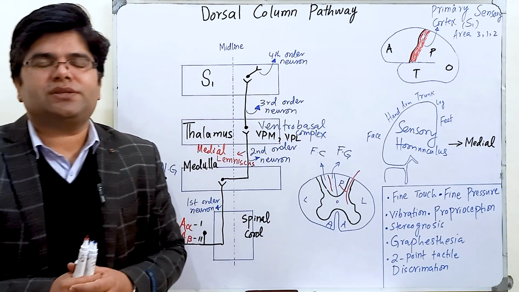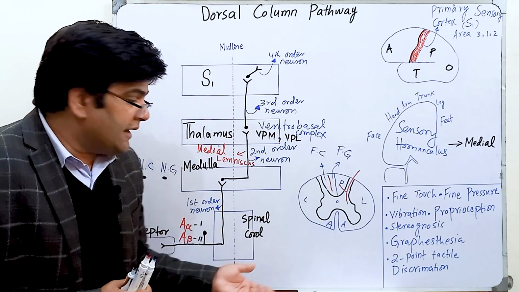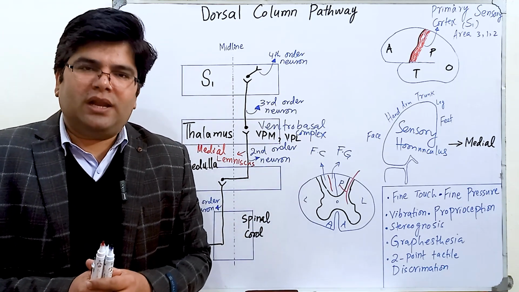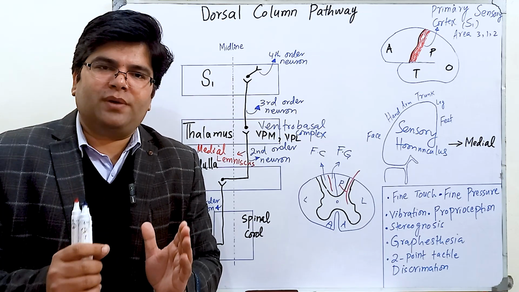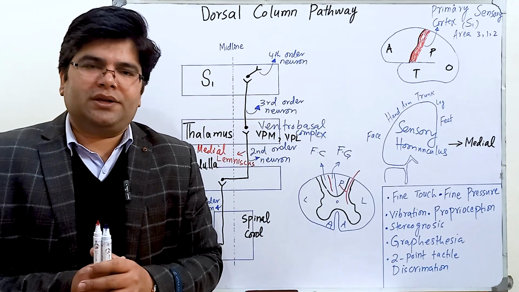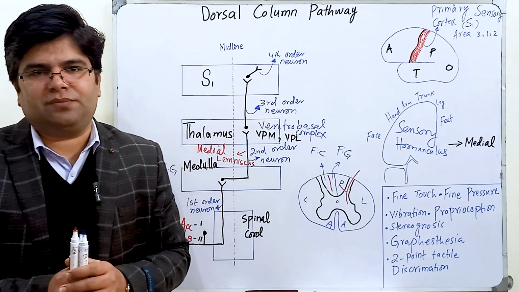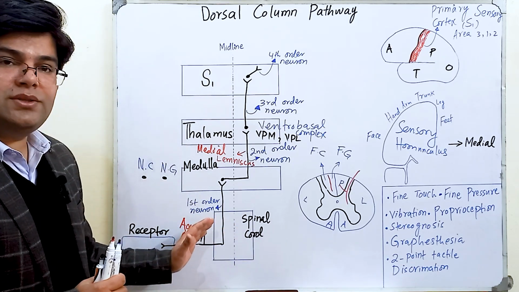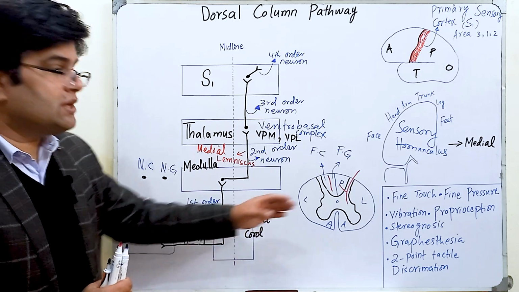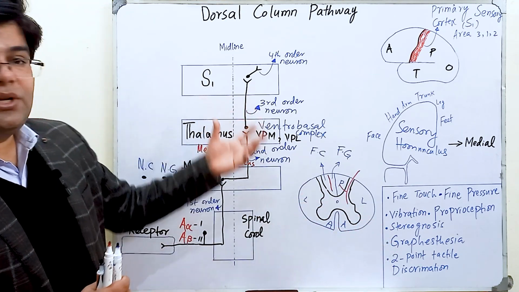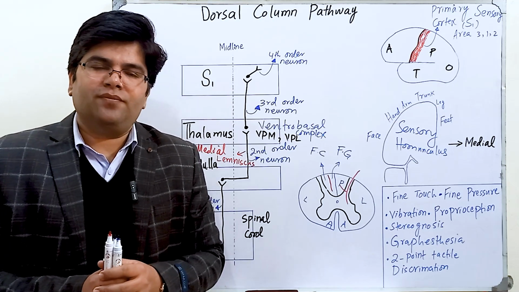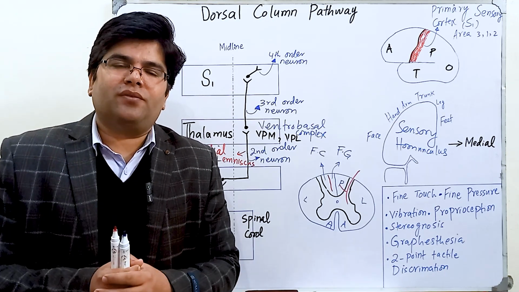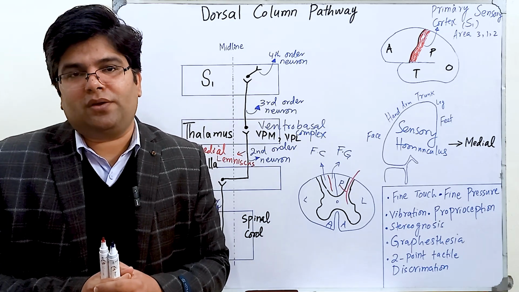In the next session, we will study another important ascending pathway, which is also somatosensory, and that is the spinothalamic pathway. There are two types of spinothalamic pathway, the anterior and lateral one, and they are collectively called the anterolateral system. We will compare the receptors, the nerve fibers, the crossing over, the sensations carried, and the final destination for the spinothalamic pathway. It's very important to study the comparison between the features of the dorsal column pathway and the spinothalamic pathway, which we'll study in our